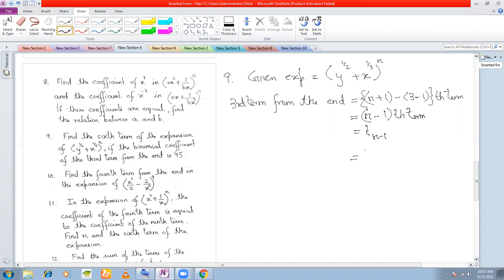And what is T n minus 1? You can write T n minus 1 as, what is the value of r here? You can write this as T n minus 2 plus 1, right? So what is the value of r here? n minus 2, which is equal to nCr into y to the power of n minus r into